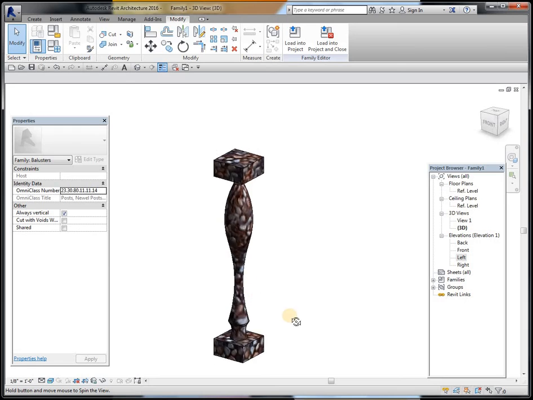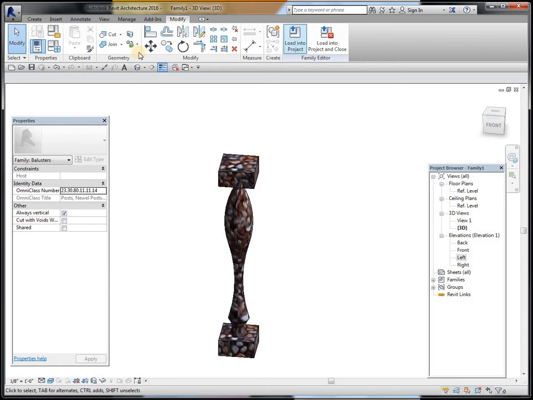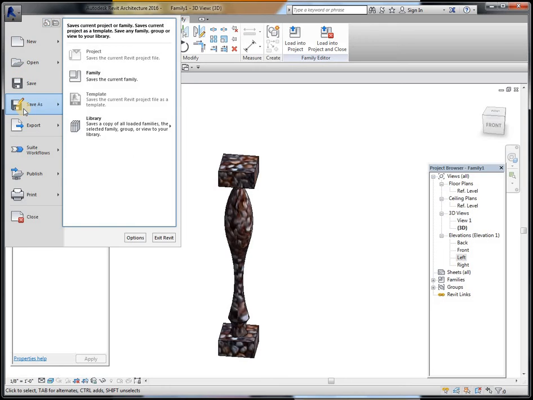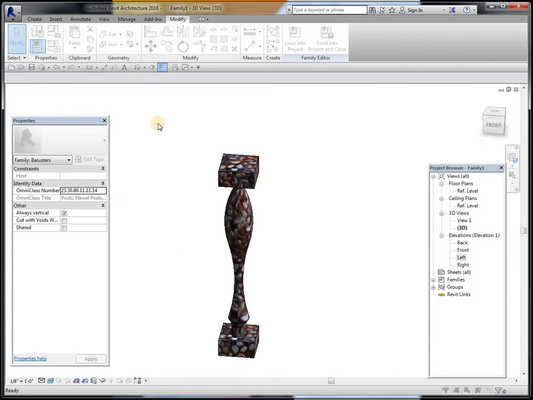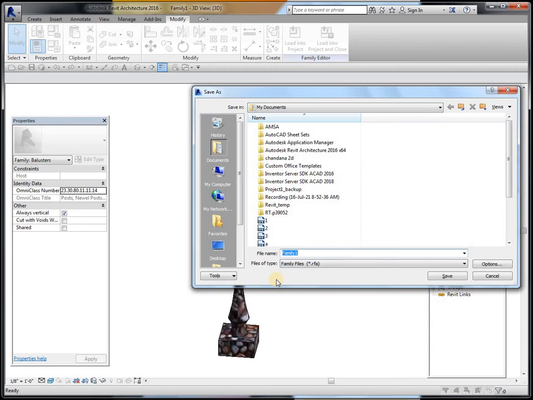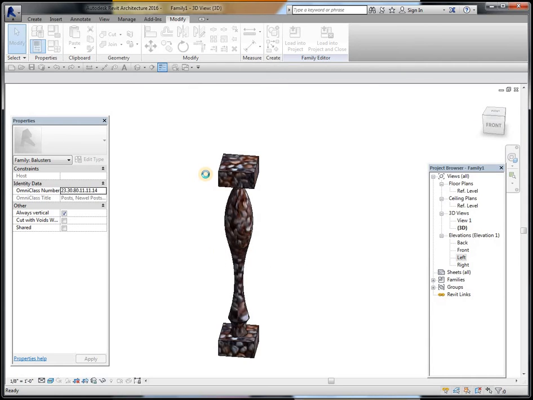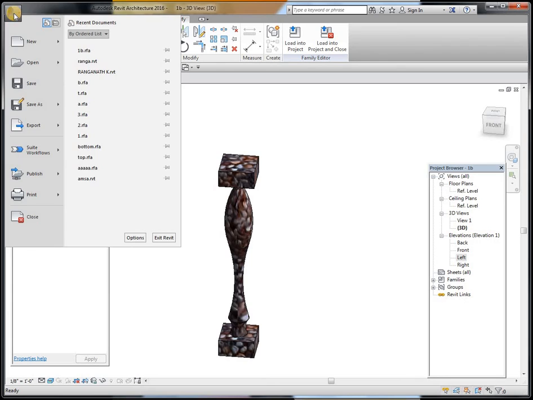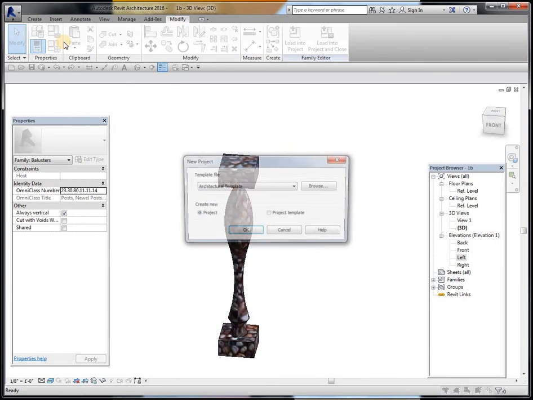This is our baluster. Then file, save as, family, my documents, that is one baluster. Then save. Then again go to file, open new,